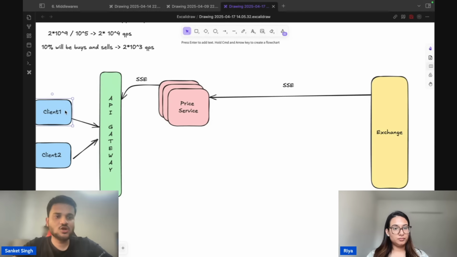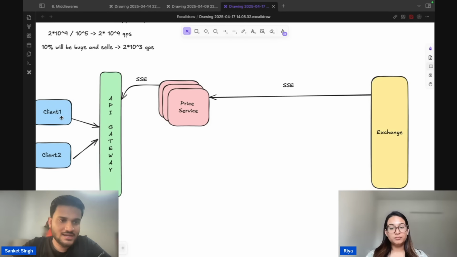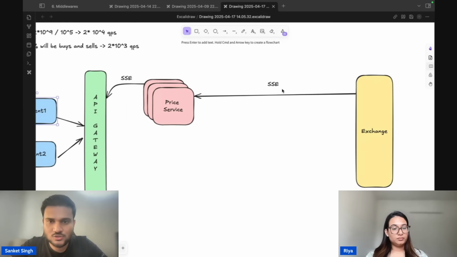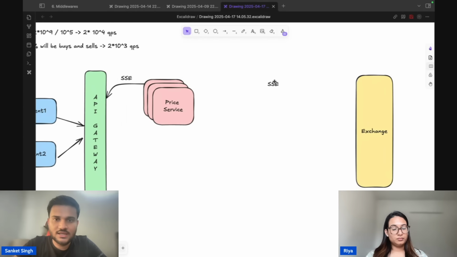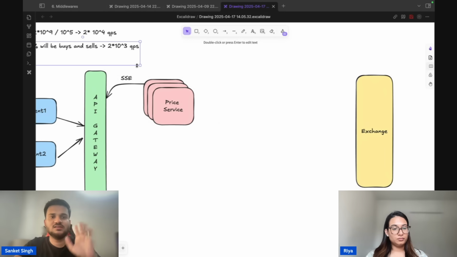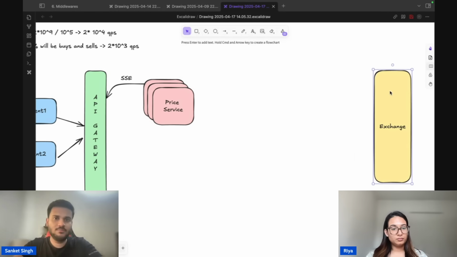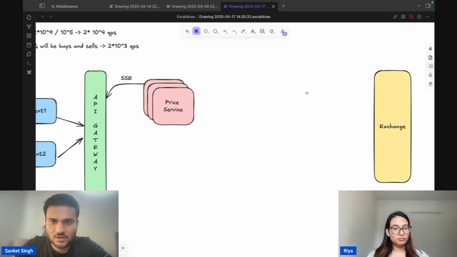For the existing stock ticks, let's say 1.5 hours of the complete trading day is gone, and client number one, as you mentioned, is going to now open up the page, so they want to at least see some price updates altogether. So what we can actually do is use the single responsibility principle to ensure that the price service is only responsible for showing all the prices to the client. And because the exchange is more or less an outer world system, what we can have is